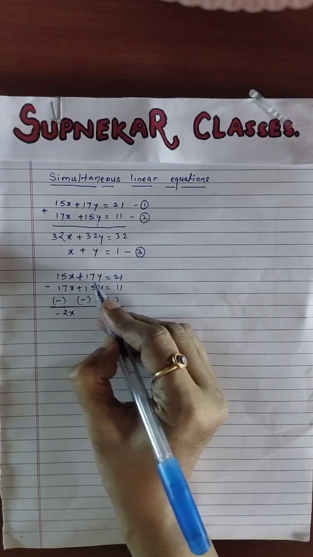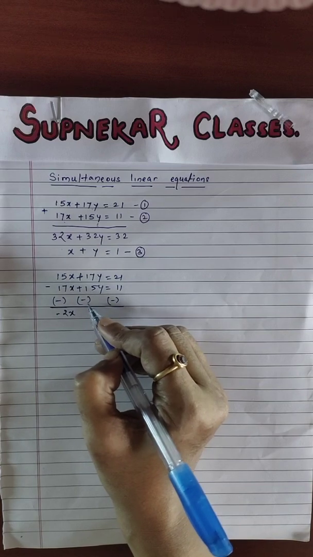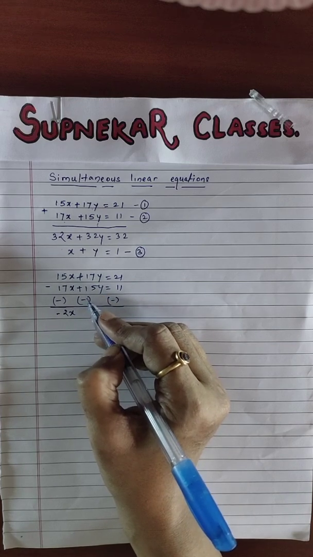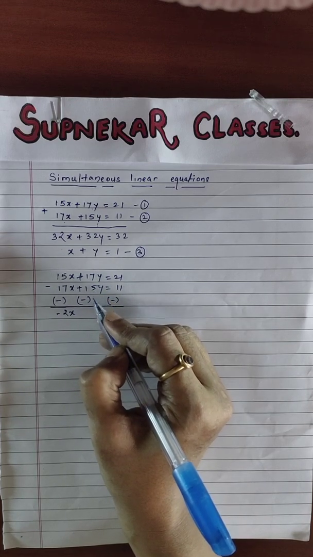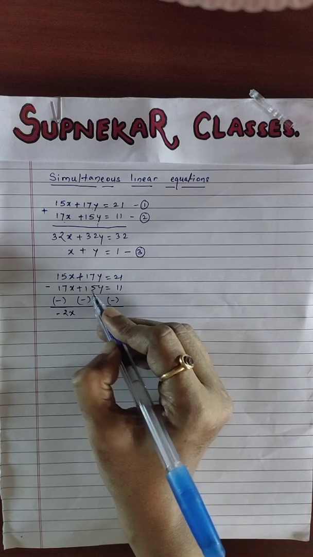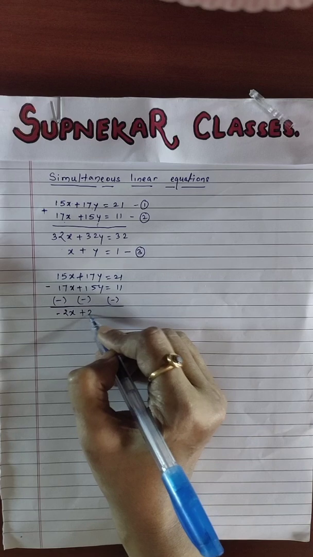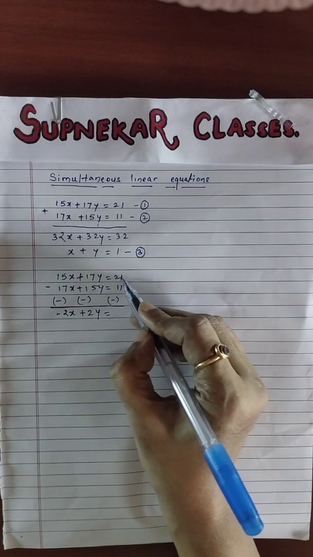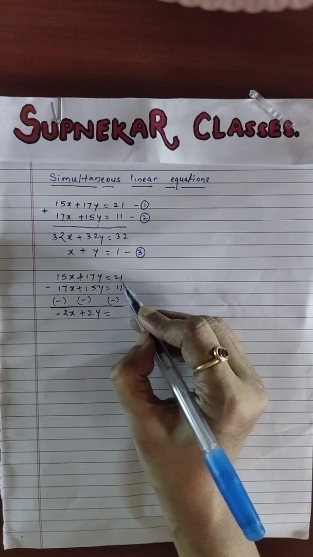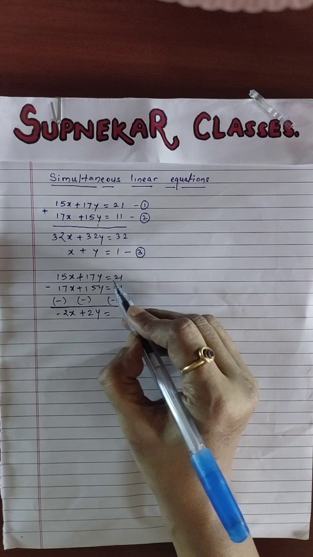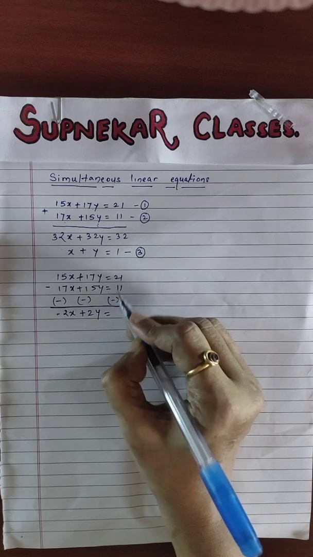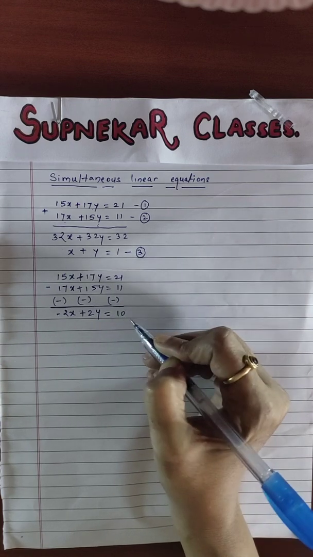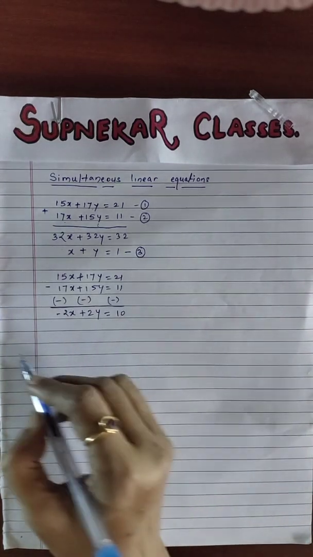Similarly over here, 17y has a positive sign, 15y has a negative sign. Again one sign is positive, one sign is negative, so I will do subtraction. From 17 I will subtract 15 and put the sign of the greater number, that is the sign of 17. So the answer here will be plus 2y. You are getting me? Okay, good. So here 21 minus 11, 21 has a positive sign and 11 has a negative sign. We have to subtract and put the sign of 21. It will be 10.